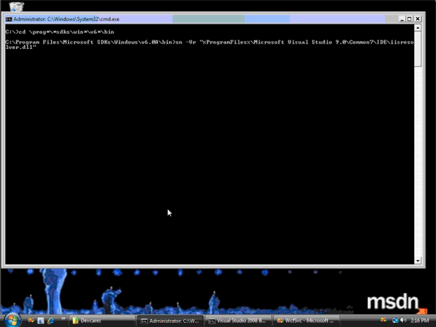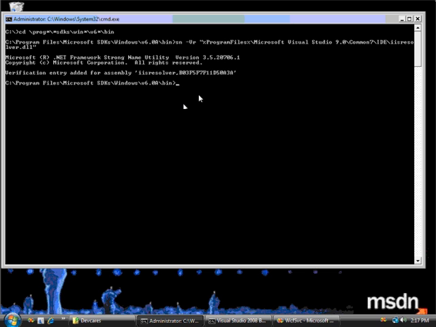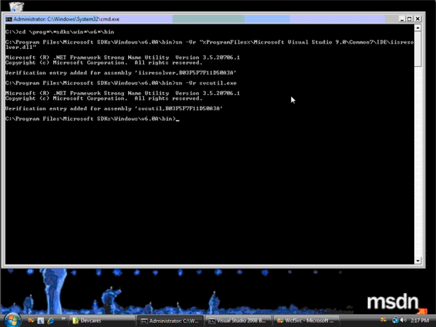That assembly resides in your Program Files, Visual Studio 9, Common7, IDE. When you run this, it adds a verification entry to that executable, which means that the service host or the server can then use that IIS resolver to process things. One other thing you need to do is take the ServiceUtil executable and add a verification entry for that as well. The reason is that it is used by the service host in order to go out